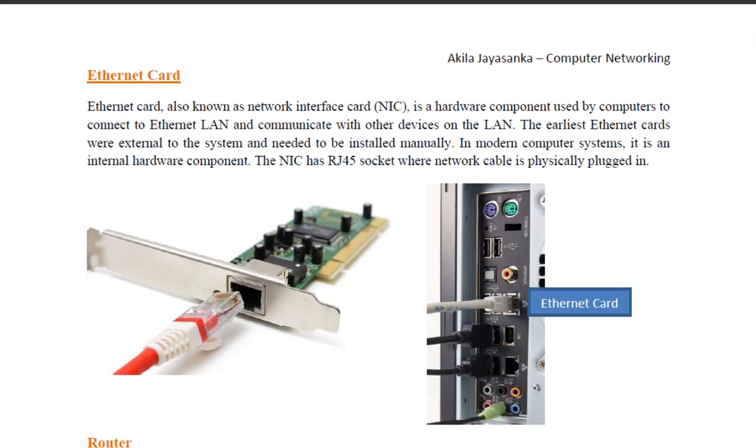Ethernet card is the component which is embedded in the motherboard of a computer, where we can connect the Ethernet adapter, that means the RJ45 adapter. Here you can see this is a separate circuit and it is embedded or inserted into the computer PC system unit. So the Ethernet card is here, and that is the place where we plug the RJ45 connector with the wired internet connection. This is the NIC, and this NIC is the basic and most important device in networking. Without the NIC, or network interface card, we can't connect a cable connection to an end device.